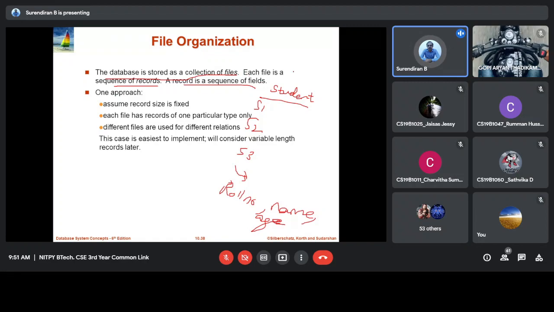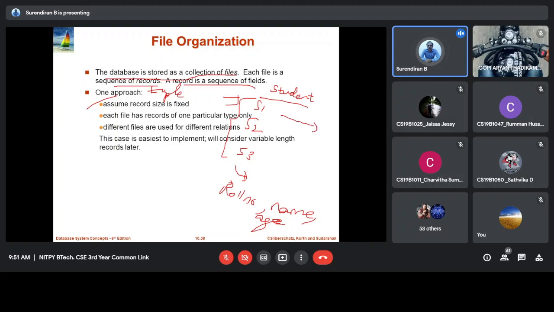So each database or relation will contain a sequence of records. So these are the records, you have different students. Each tuple is a record. A record is nothing but a tuple. Each tuple contains multiple fields or attributes. So how to store them? One approach is to consider each record size as fixed.